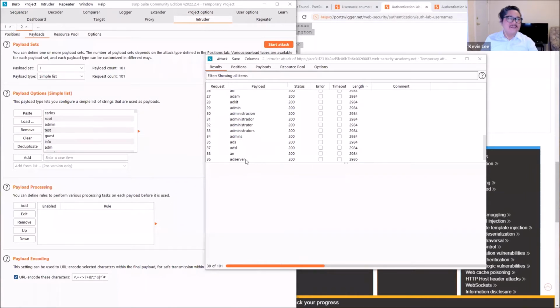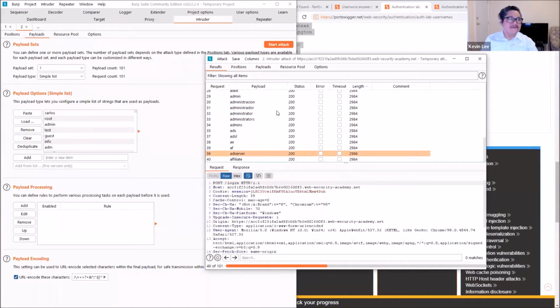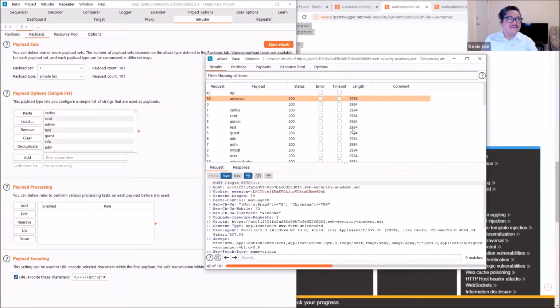So we got a hit. So let's just go up here. The payload that received a different length response for me is "add server", but every lab environment is going to have a different vulnerable username. So you're not necessarily going to get the payload "add server" for your